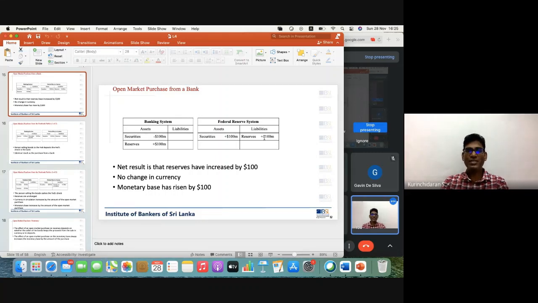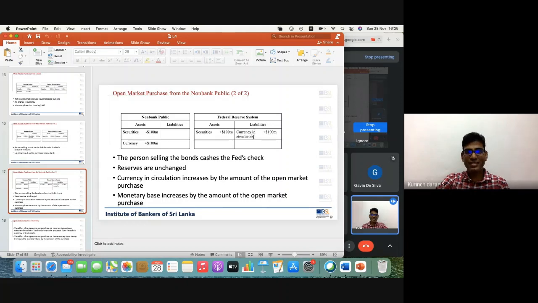If the central bank purchases from the bank, that is one case. If the central bank purchases from the public, you could see the currency in circulation increases, so then the public gets more currency now. Clear? So now people will get more money and they can spend more, and the economy may be activated or back in full scale. So in an economic crisis situation, every country does the same thing, because